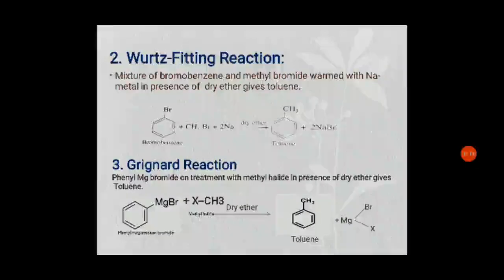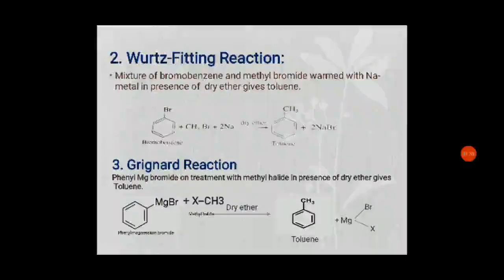Now the third one is Grignard reagent. We know what Grignard reagent is. It is an alkyl or aryl magnesium halide. So to prepare toluene, we will take phenyl magnesium bromide. This is phenyl magnesium bromide. When this phenyl magnesium bromide is treated with